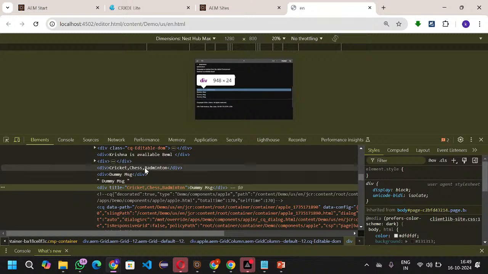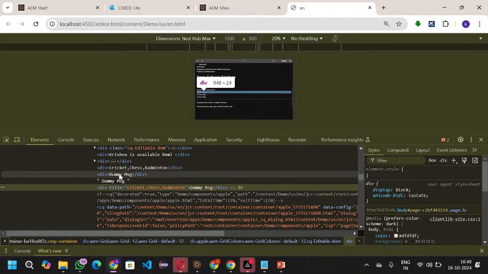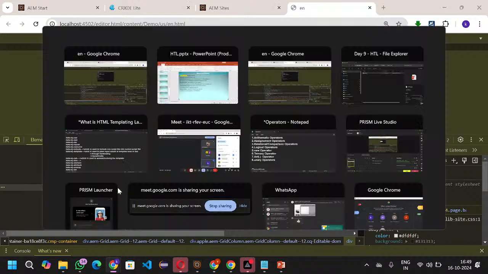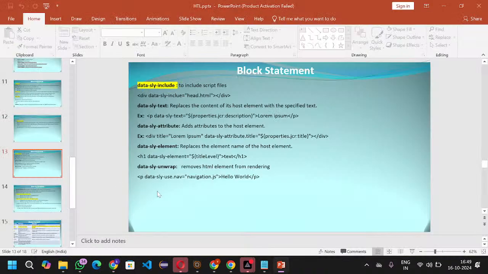Are you guys clear with these four attributes? This is data-sly text, data-sly element, next data-sly unwrap, and data-sly attribute. Are you guys clear with these attributes? Next, these are the main attributes generally we have. So regularly we will use these attributes. So I hope